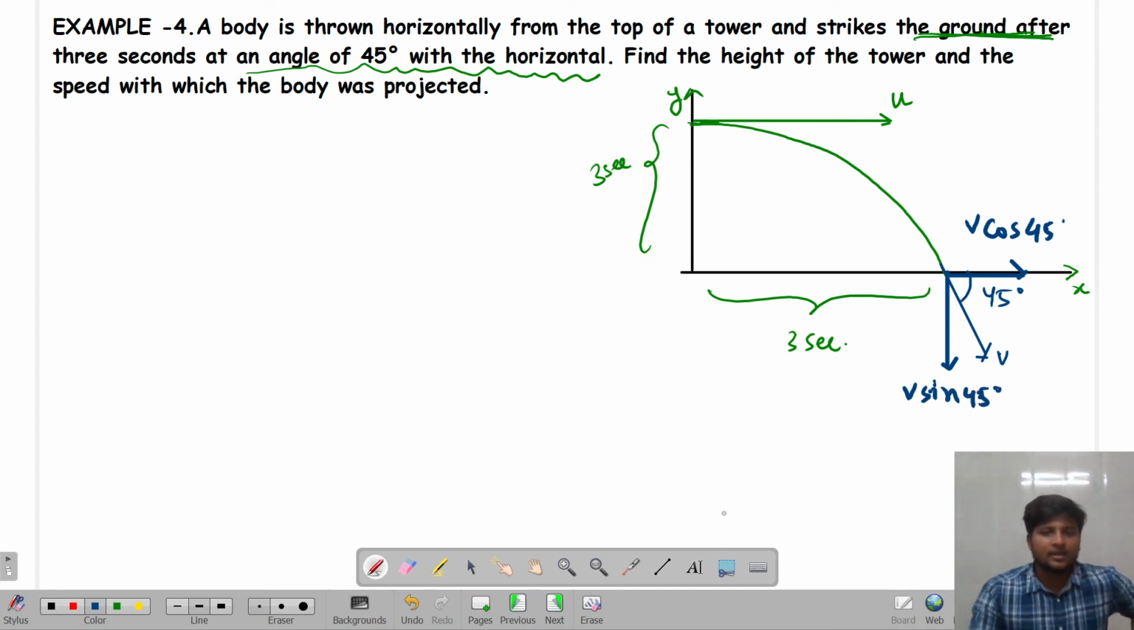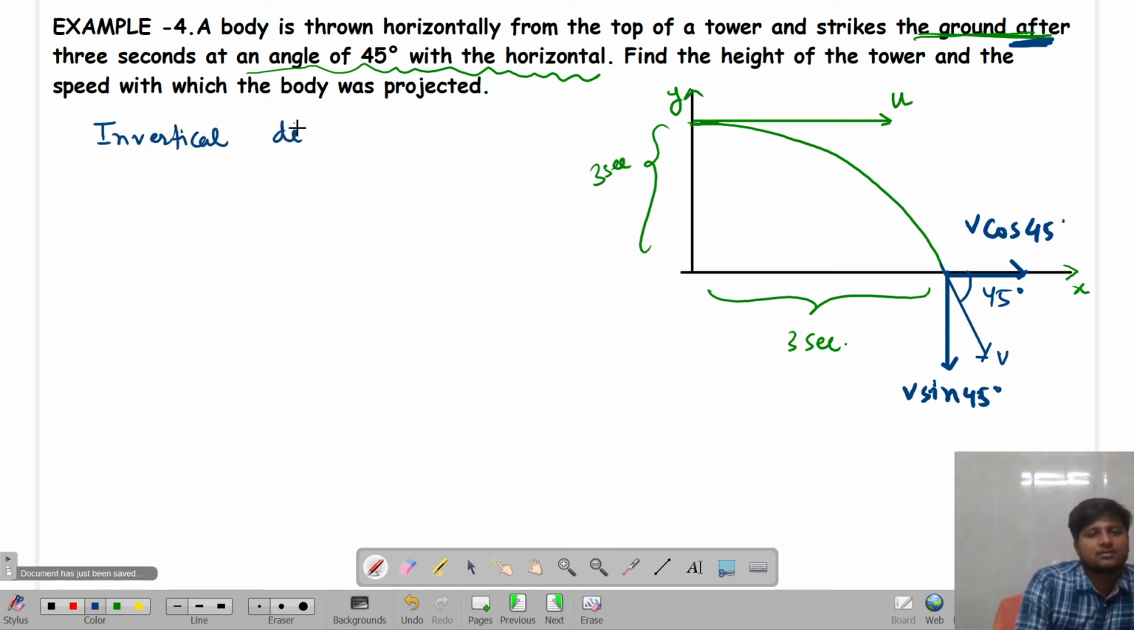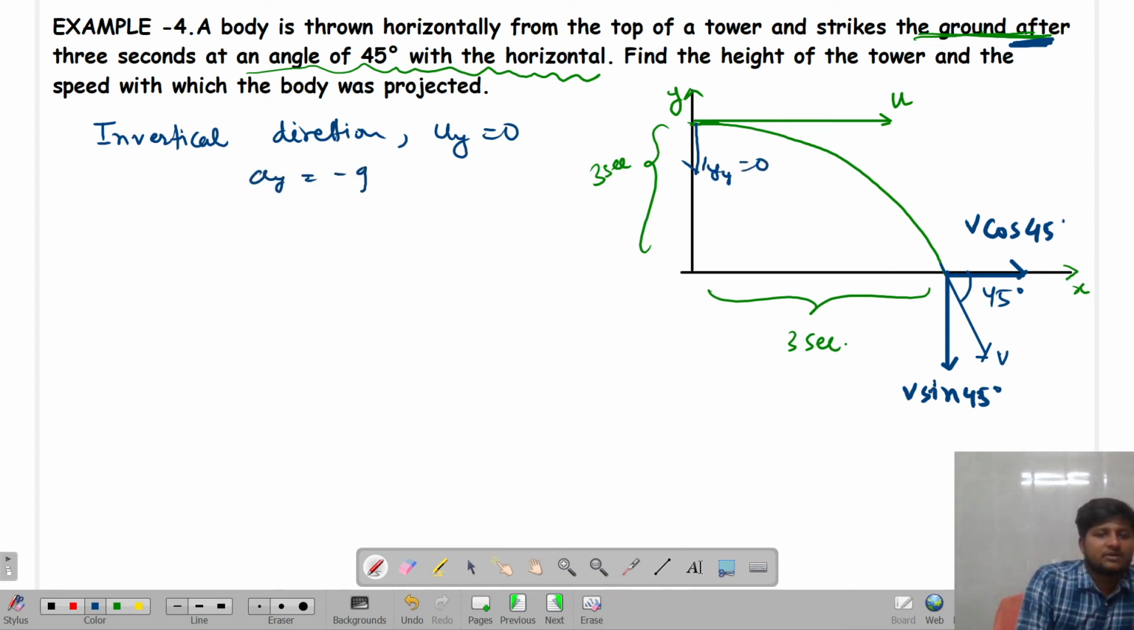Simple, yes or no? Now, if you are aware of the velocity and the time of travel, you can calculate the displacement easily. In the vertical direction, the initial velocity uy is 0 because there is no vertical component, and the acceleration along the vertical is minus g. So simple, s is equal to ut minus half g t square. The displacement along the vertical direction is downward, so minus h